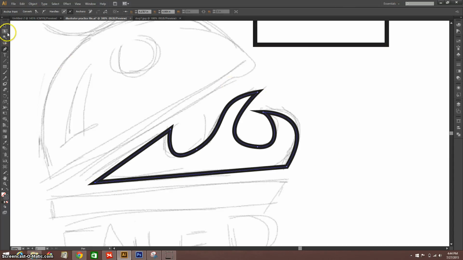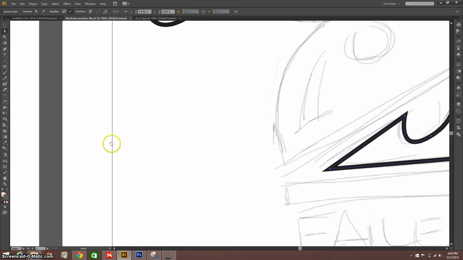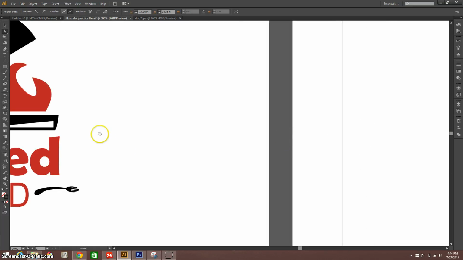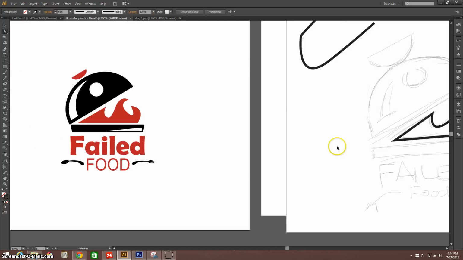Now at this point you can go in and tidy things up with your white arrow tool by clicking on anchor points and adjusting those anchor points. You can click on anchor points and adjust these handles to kind of get things under control and under wraps. Now, after I'm done drawing something like this, what I'll typically do, if you'll notice on our drawing of our final logo here, is I don't have any strokes on this. So all that I have is a red fill. So zooming out on that,